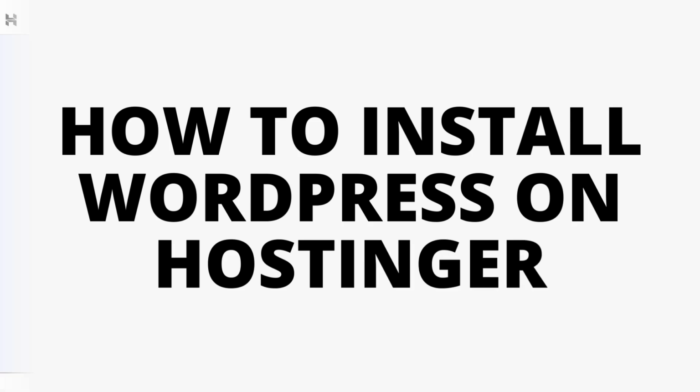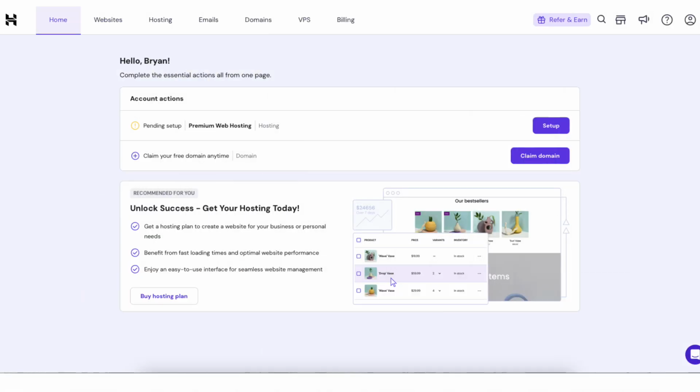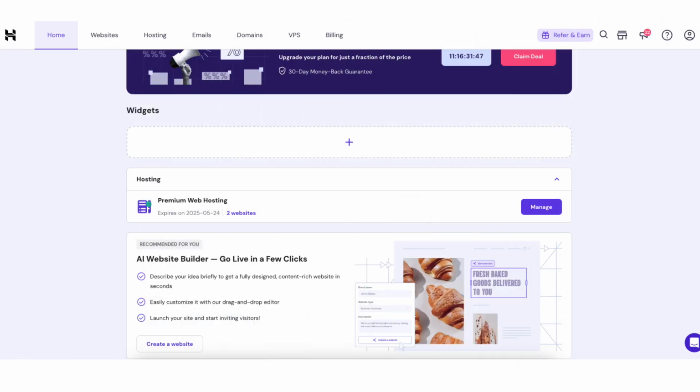Let's get started with the Hostinger WordPress tutorial going over how to install WordPress on Hostinger. I'm here in the Hostinger dashboard on the home page. You'll see the web hosting plan you have purchased. If you haven't already set up your web hosting plan, you'll see it says Setup. Click the Setup button. If you see the button says Manage and you want to install WordPress for another website, subdomain, or anything else, I cover how to install WordPress on Hostinger via these steps a little later in the